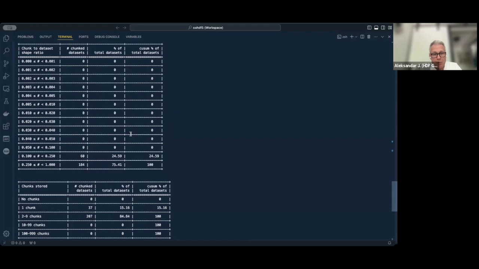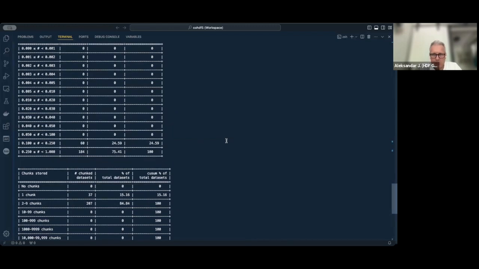But anyway, for this particular file, we see that all of these data sets are, for example, 10% or more. In other words, their chunk is 10% or more of the data set shape. So they're pretty